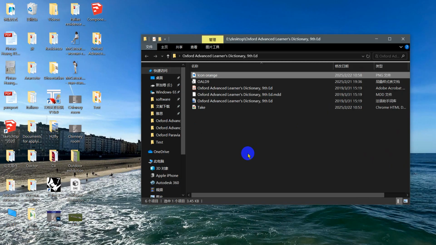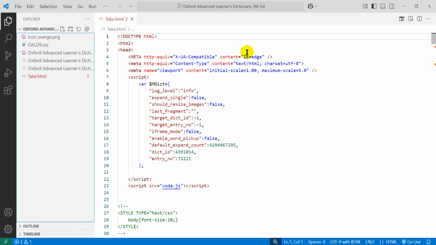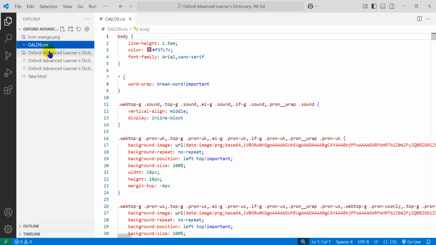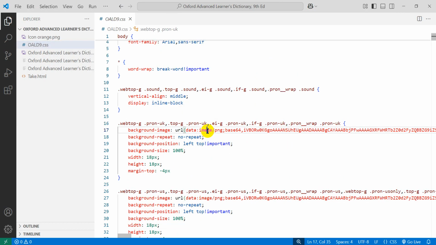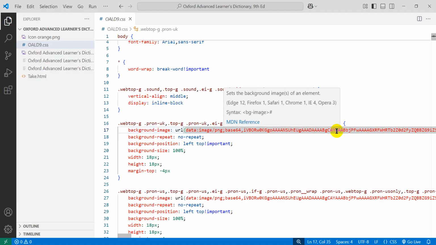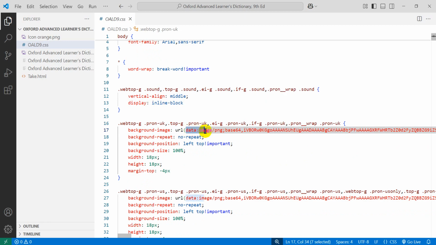So next, I want to link this picture to my CSS file. What should I do? Okay, also in this application, Visual Studio Code, I found my CSS file, and I will find where is the link. Okay, you see background image, the link. This is the dark blue picture. I dislike it. I want to change it to